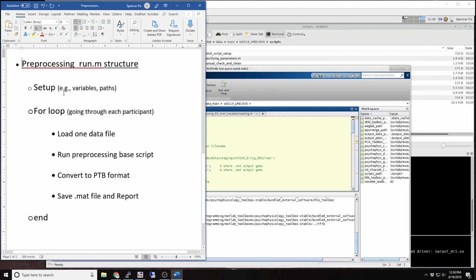So this is the basic structure. There is a setup section where you set up variables and paths for your data files. And then there is one big for loop which goes through each participant file. For each participant file, it loads the data, that one data file. It runs one main base preprocessing script, and it outputs an EEGLAB .set file, which has been preprocessed, and